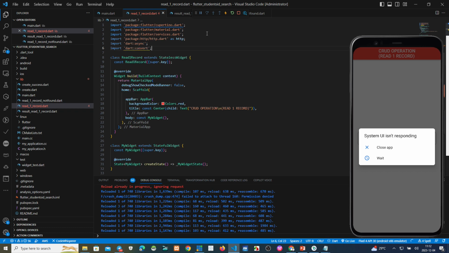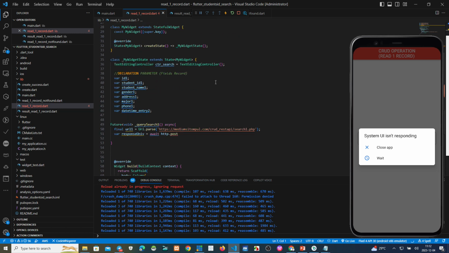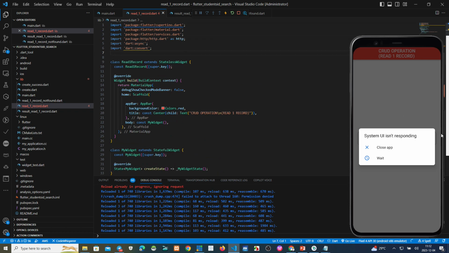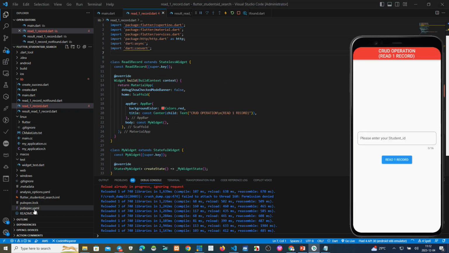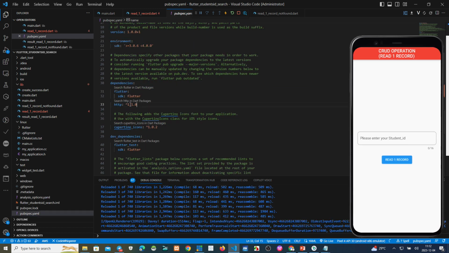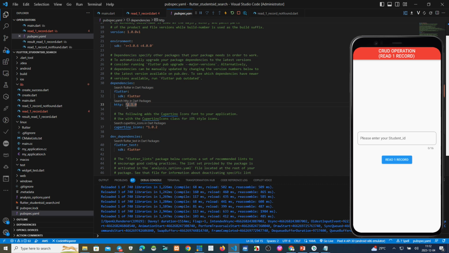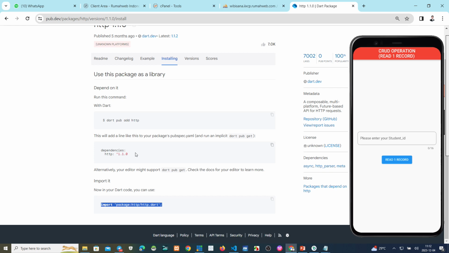In my pubspec we use this one. We must copy from the dependencies to your script, like this. You copy the dependencies to your script.